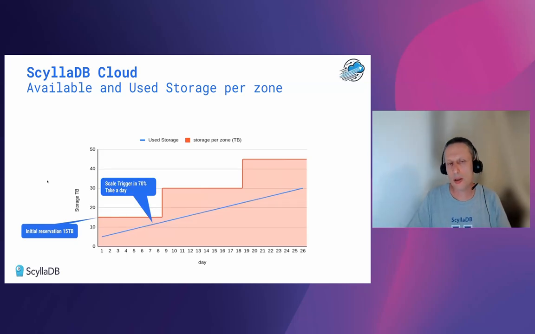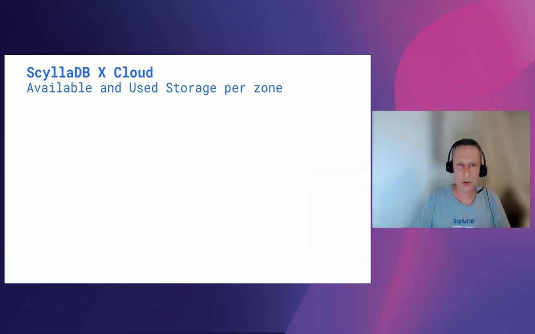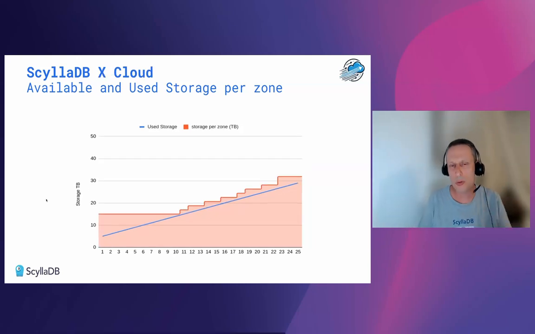And this is why in standard clusters in Scylla Cloud, we use 70% storage to trigger the next scale. Because scaling takes a lot of time, we have to start it pretty early, at only 70% storage. What we want to get to is 90% storage with xCloud, and